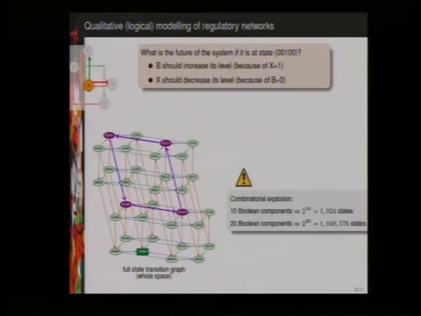So the problem with these simple models, even if it's a high abstraction of the reality, it's still complicated when we want to deal with larger networks. So here is the whole potential dynamics on the whole state space of this simple model here. And you can see that it's already complicated, but what we can say is that we face a combinatorial explosion problem, which is quite classical, because the number of states explodes and grows exponentially with the number of components of your